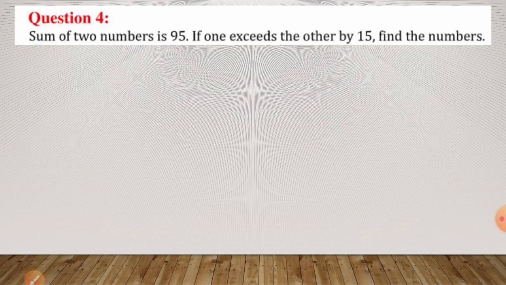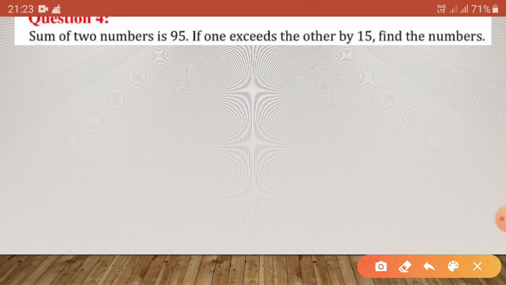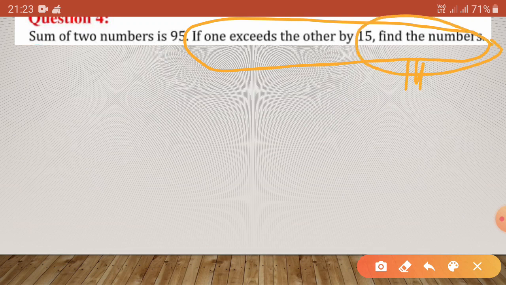Here is the question, a very simple question, a one statement question. So read it first. Okay, so the question is, the sum of two numbers is 95. If one exceeds the other by 15, then find the numbers. Okay, so read these statements very carefully because it has the question here, find the numbers. Okay, so here is the condition that if one exceeds the other by 15, you have to read it very carefully. So here in this question we have to take two numbers because the sum of two numbers is 95. So that means we have to assume two numbers.